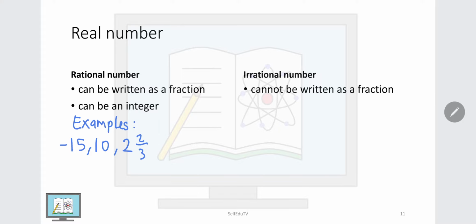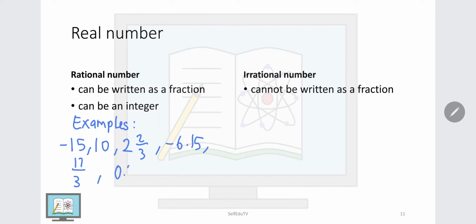A mixed number is also a rational number. Decimal, improper fraction,